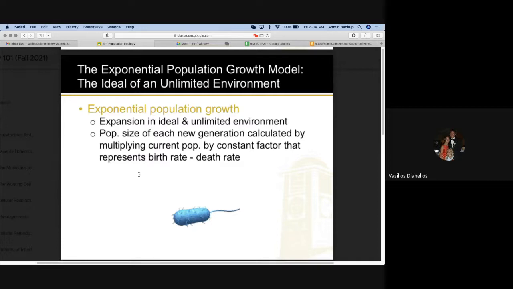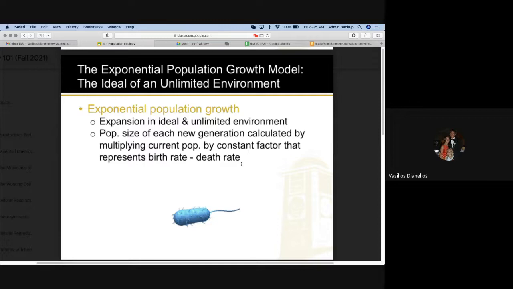So that's what causes it. More specifically, it's when the population size of each new generation is calculated by multiplying the current population by a constant factor that represents birth rate minus death rate. And you don't necessarily need to memorize that definition. You could almost think of it as